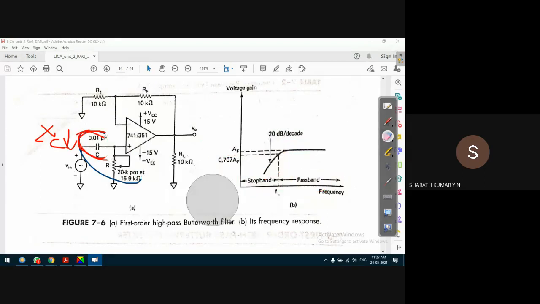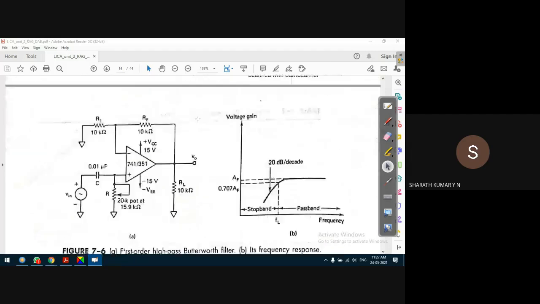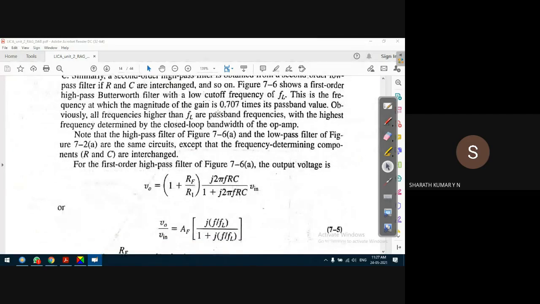Okay, so if you observe, that's the ideal condition. This dotted line represents the ideal condition, but practically it is not possible. What that indicates is the gain suddenly goes from minimum to maximum within no time, which is practically not possible. That's the ideal condition. So that's what is explained here, guys.